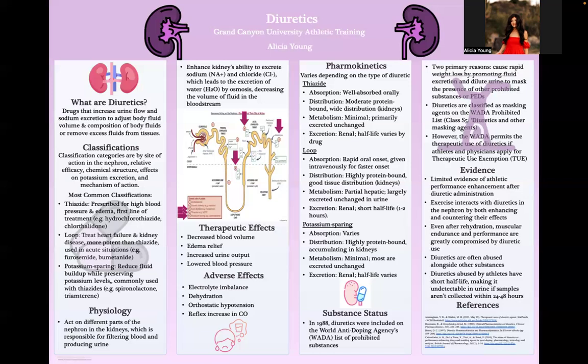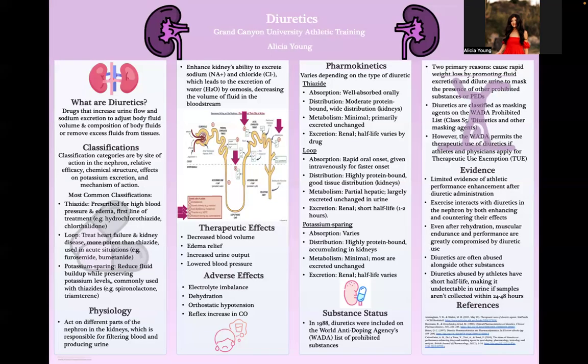Diuretics are also often abused alongside other substances, and this is because of that masking part of diuretics. It is super common in sports where athletes need to gain a competitive edge or avoid detection of other drugs, because diuretics act as a masking agent for other drugs. Most commonly, anabolic steroids are used with diuretics because they're not able to see that the athlete is taking those steroids. Weight class sports like wrestling, boxing, athletes use diuretics to shed water weight rapidly to qualify for a certain